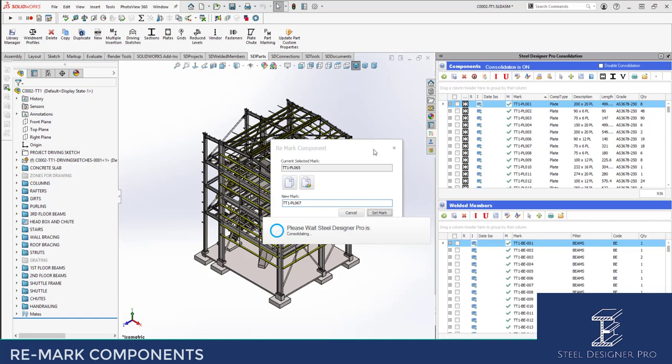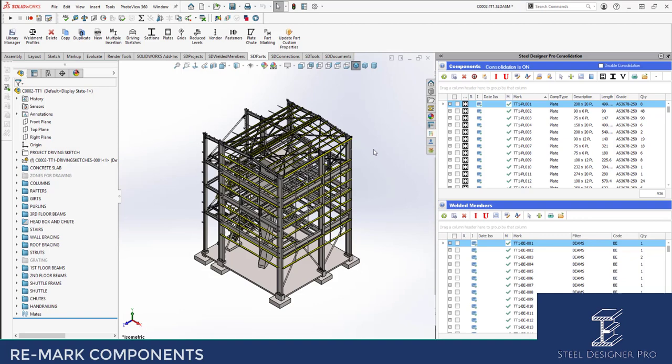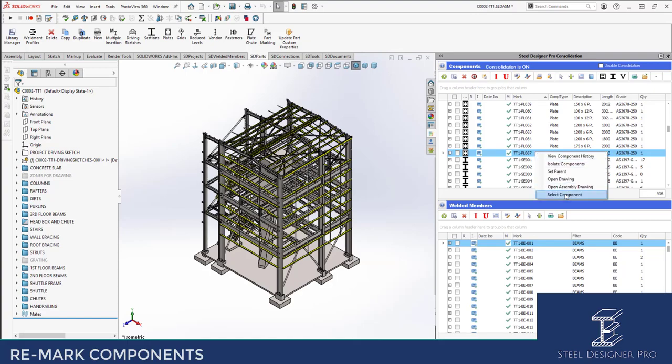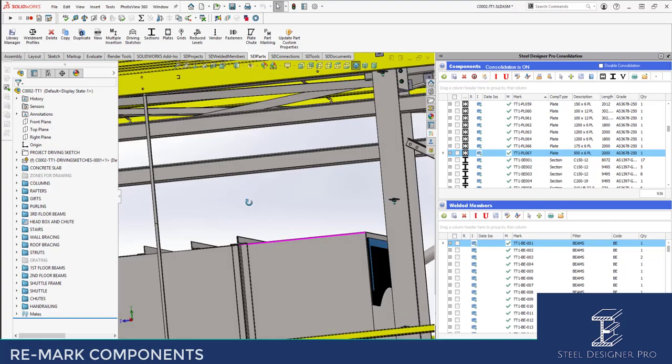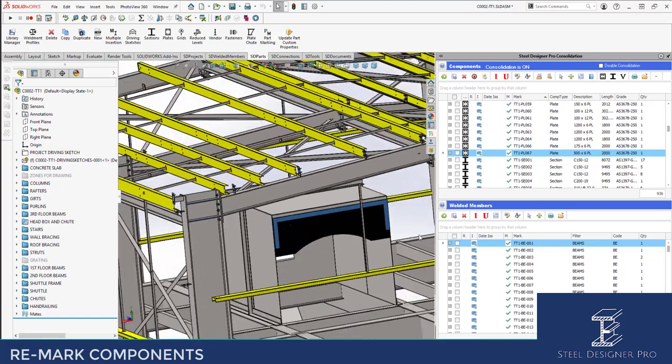So while it goes through the consolidation process, it will update that component's custom properties to the new mark and update the database in that process. So if I scroll back down now and look at the plate, it's now become 67. And if I select the component, which is this plate here on my head box,